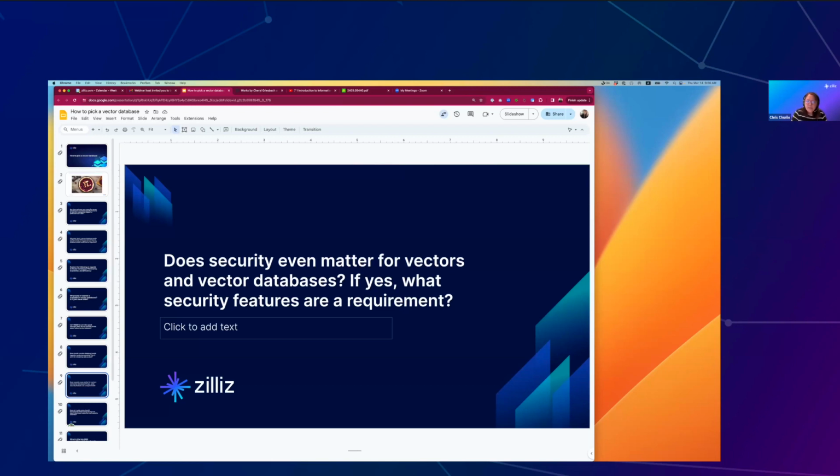Okay, Vignesh asks, is a collection a set of vectors which could have one or more indices? Can you index the same set of data with different indices for different use cases? So it depends on the different database, right? In Milvus, a collection is a concept that is not only about vectors, it's a table. As mentioned, you can treat it as a MySQL table, and one column is vectors. From the latest Milvus 2.4,